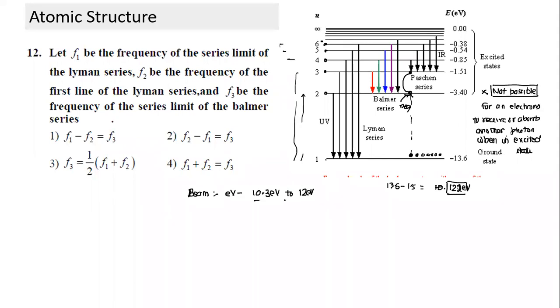If I use this beam, what does it mean? I have several photons which have energy of 10.3, several photons which are 10.4, and so on and so forth. It is a continuous spectrum, but nothing less than 10.3 and nothing more than 12. If this beam is passed through a sample of hydrogen atoms, which photons will be absorbed here? Is there any difficulty in answering that question? Can someone answer? 10.3 electron volts. Yeah, that's all. If you understand the basics, every question can be answered.